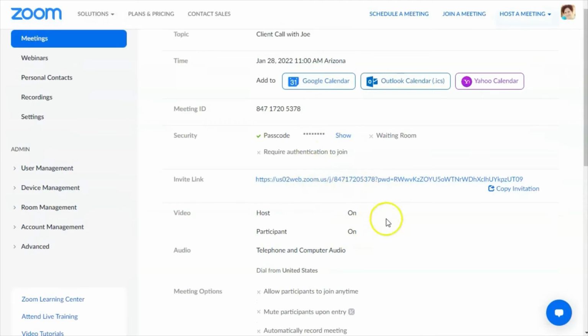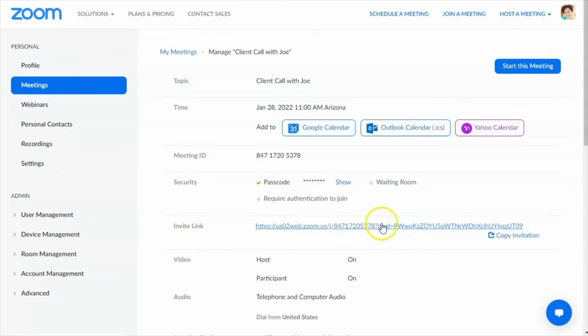I would have, because it's just one person, put it without a passcode. So I didn't have to give him that. And it would have been a shorter Zoom link also. But I kind of was showing you guys different options there. So now